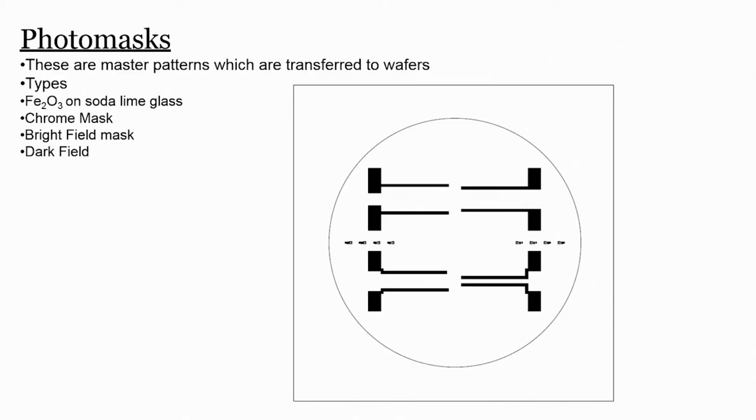Hi, welcome to this particular module. We talked about photo mask, right? Bright field photo mask and a dark field mask. So, these masks are master patterns which are transferred to wafers, and the types of photo mask are the Fe2O3